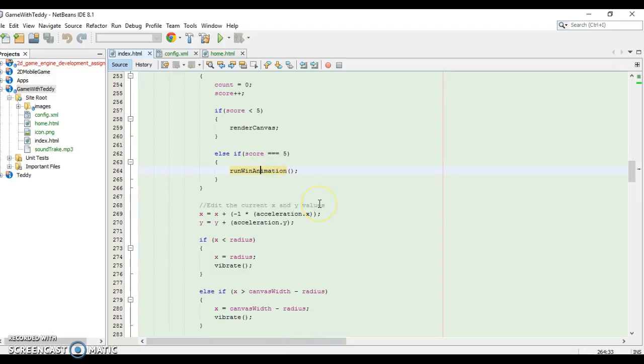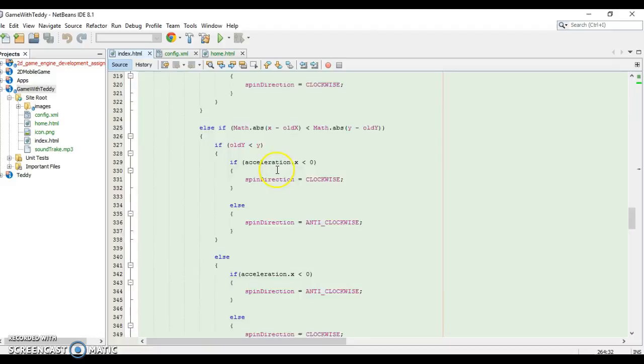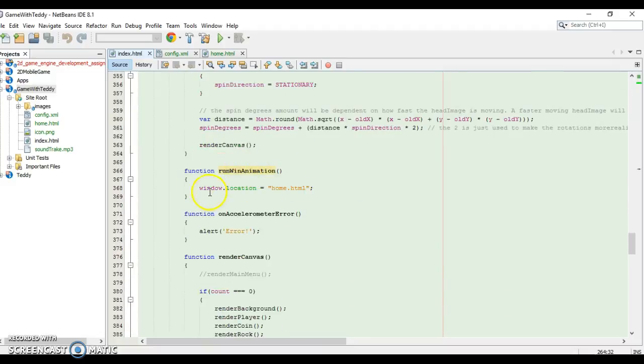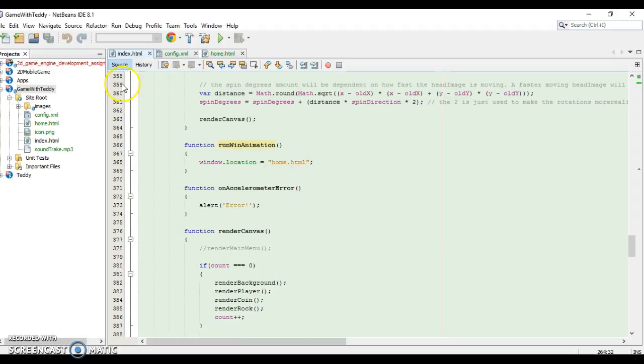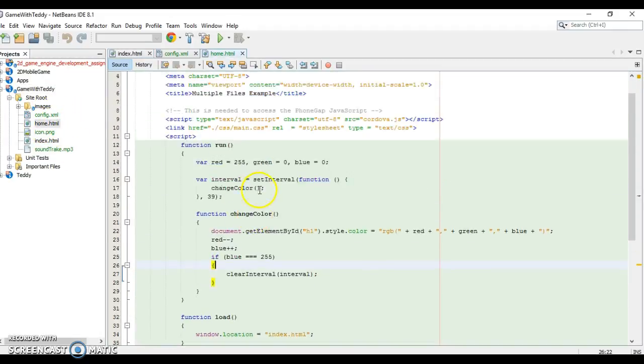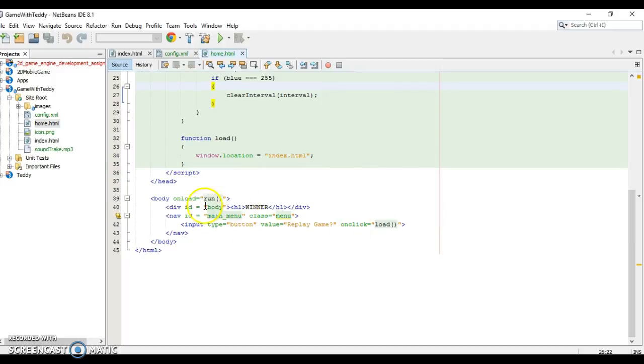What I did was, instead of making a big flashy fireworks display, if the player got 5 coins, then they would just call the function run win animation, which is down here, which would just open up window.location home, which would open up the file home.html. Now I'll just get this for you here. It's in here, and home.html is just a file that has winner in it, and then it has a button,